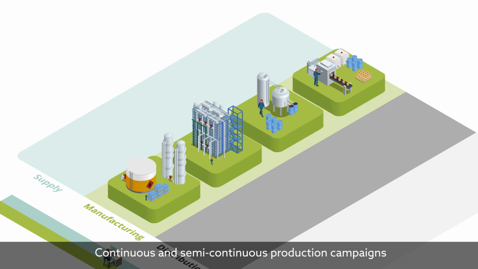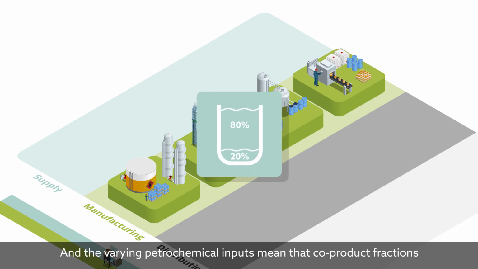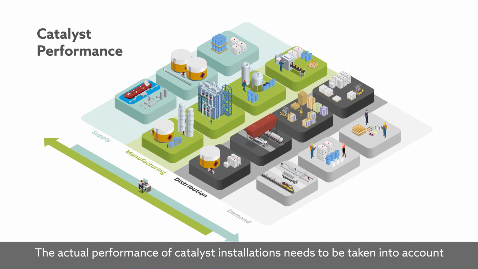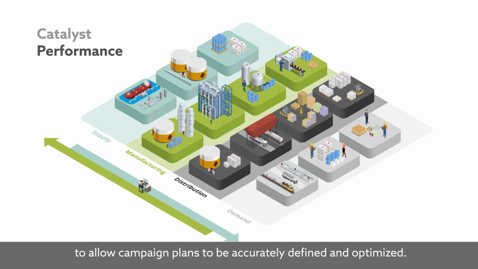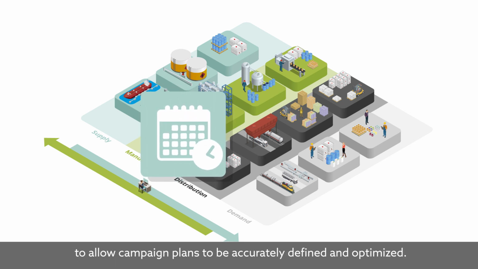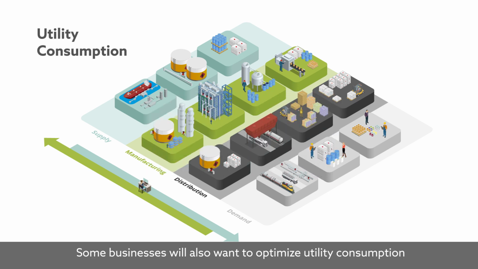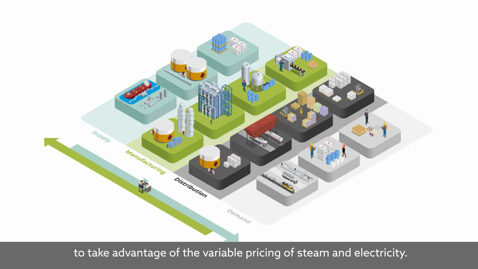Continuous and semi-continuous production campaigns have to be in sync. Changeovers need to be carefully planned, taking into account fixed wheel and flexible wheel policies. There are throttling parameters to be defined and recycling opportunities waiting to be grasped. And the varying petrochemical inputs mean that co-product fractions have to be managed too. The actual performance of catalyst installations needs to be taken into account to allow campaign plans to be accurately defined and optimized. Some businesses will also want to optimize utility consumption to take advantage of the variable pricing of steam